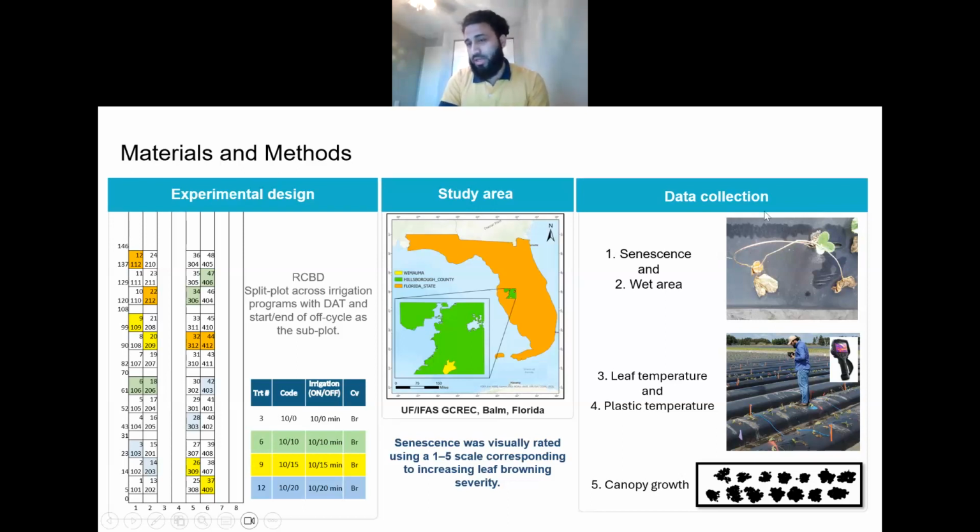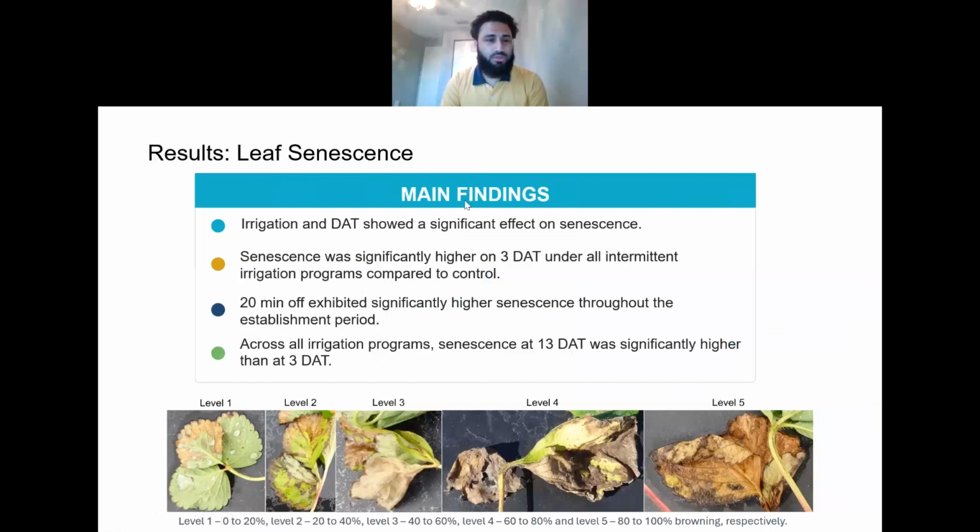And we also looked at how much wet area we have on this plastic mulch. So this is the plastic mulch under which there is soil. So we also looked at the temperature of this plastic mulch, and we also looked at the leaf temperature using ground-based thermal camera and UAV-based thermal camera. And of course, the canopy growth also using UAV-based RGB cameras. And then what we did is,